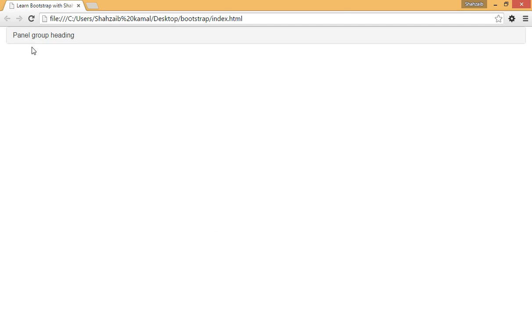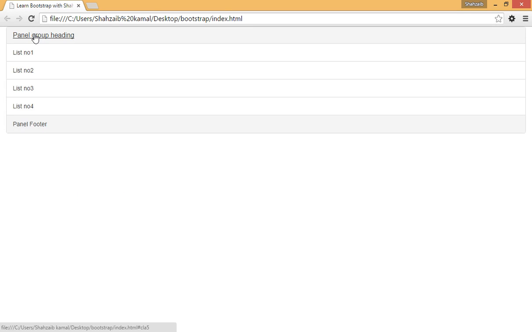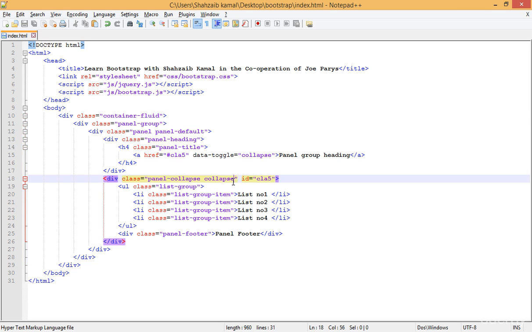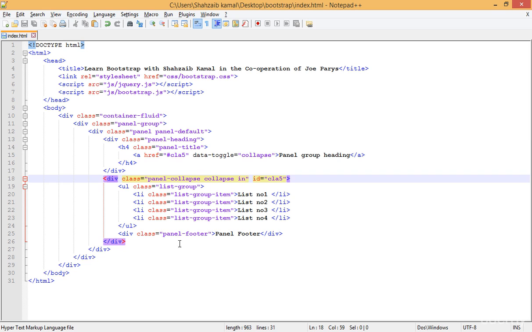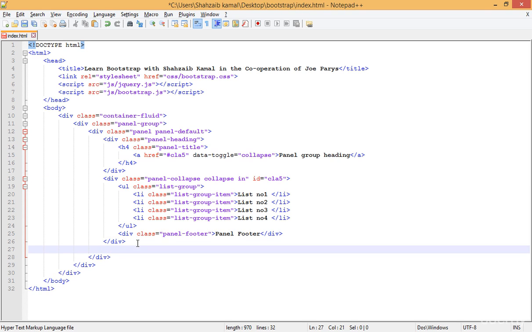Now you can see the panel group heading, when I just click on the panel group heading, I can see the data. And now you can understand that if I just add the in here and then refresh that one, now you can see that by default we can see the lists, but by clicking there we can do the same, like hiding or showing. But there is something more you should learn about the